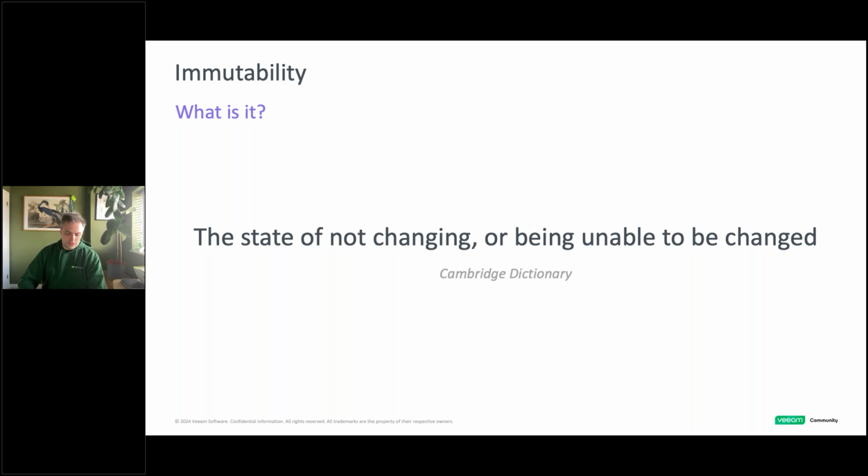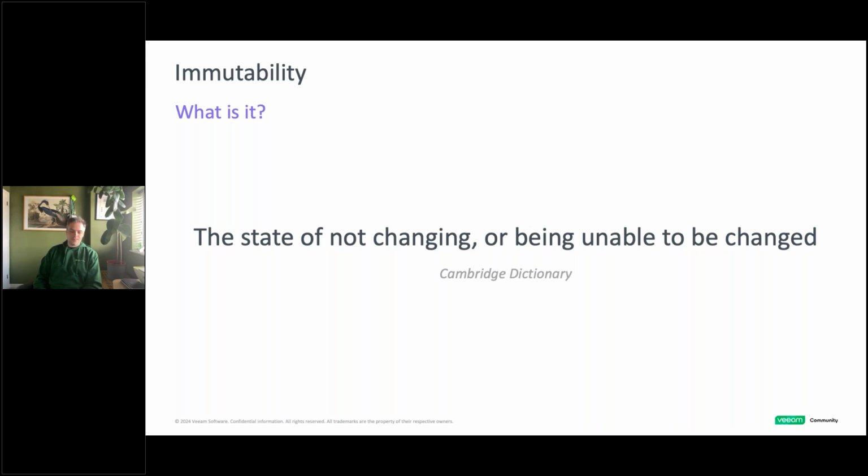So what I wanted to look at was immutability. My initial thought for this session was to look at how Veeam defines immutability and what you need to do in terms of sizing a backup set for that.